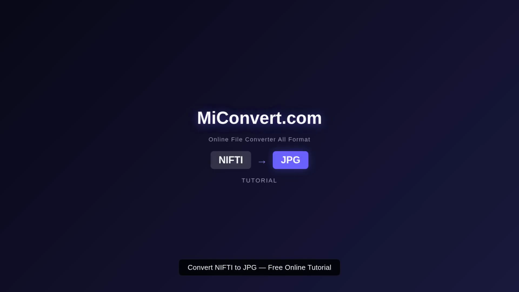Welcome to MiConvert. In this tutorial, I will show you how to convert NIFTI files to JPG format, completely free